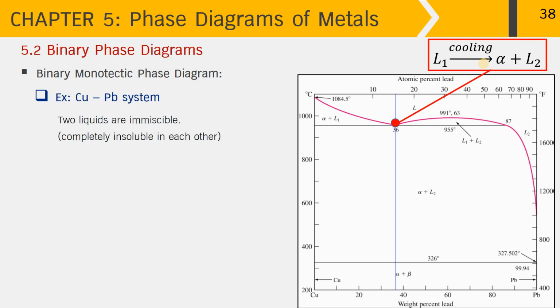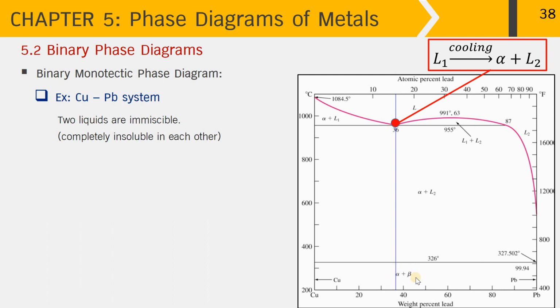Upon cooling, passing through the monotectic reaction in the equilibrium condition. So let's find all the phases in the two-phase regions. First over here we have alpha plus liquid 1. On the opposite side we have liquid 1 plus liquid 2. The area down here in the middle below the monotectic temperature is where the liquid 1 transforms into alpha and liquid 2. And you can find the composition of alpha to the left and composition of liquid 2 to the right. And finally, down here, at the temperature of 326 Celsius, the eutectic reaction takes place, where the liquid 2 transforms